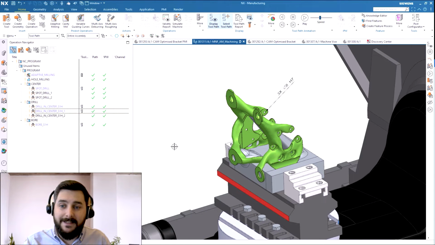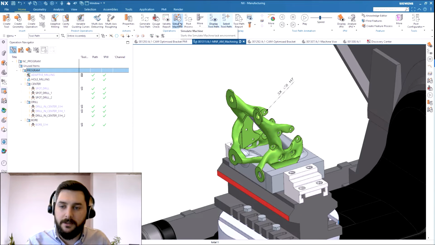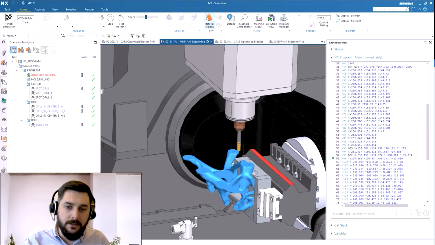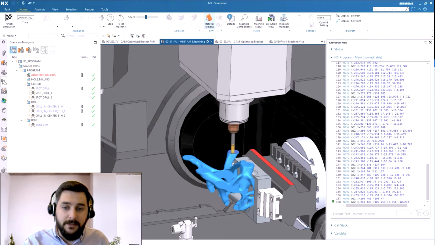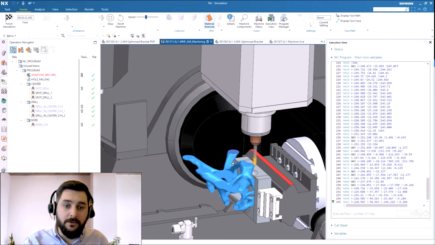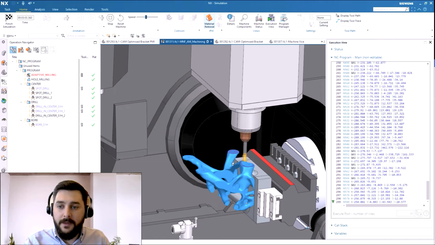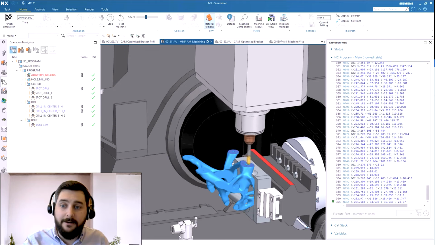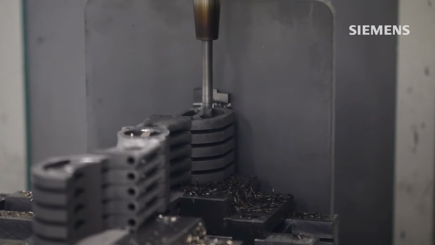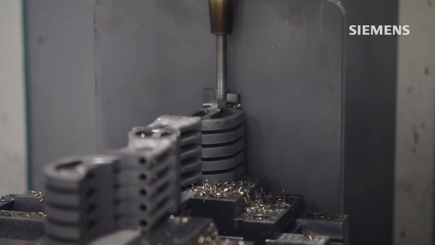It's really important that the NC code that's going to run on the physical machine on the shop floor can be validated and checked to ensure that there's no gouges, no collisions, and that the tool path is of a high quality. To do that, we utilize our machine tool simulation. Earlier on, we downloaded the Smart Machine Toolkit, which contained the machine graphics to give us context of the machine, as well as the post processor, so that we can output to the machine tool that matches what we have on the shop floor. But what it also gave us was a simulation driver, and that simulation driver is going to verify and validate that the toolpath is collision-free and safe before we use it on the shop floor.